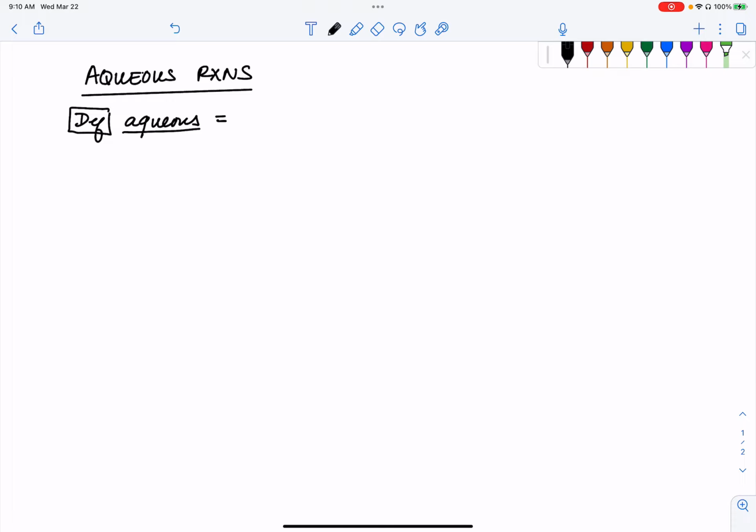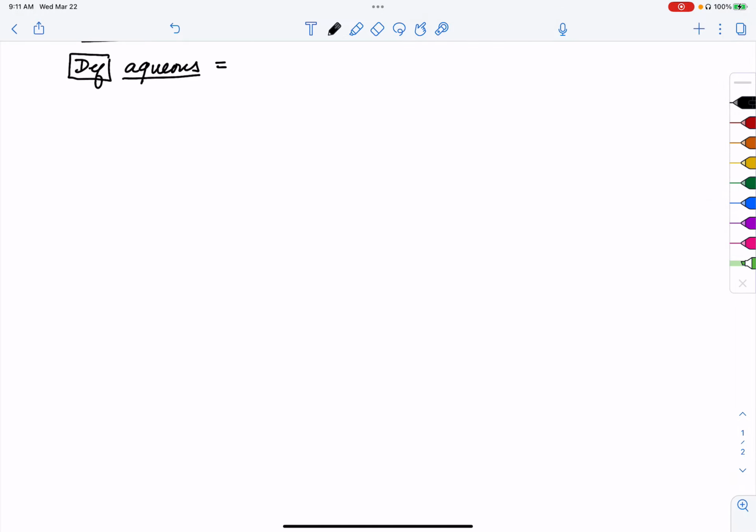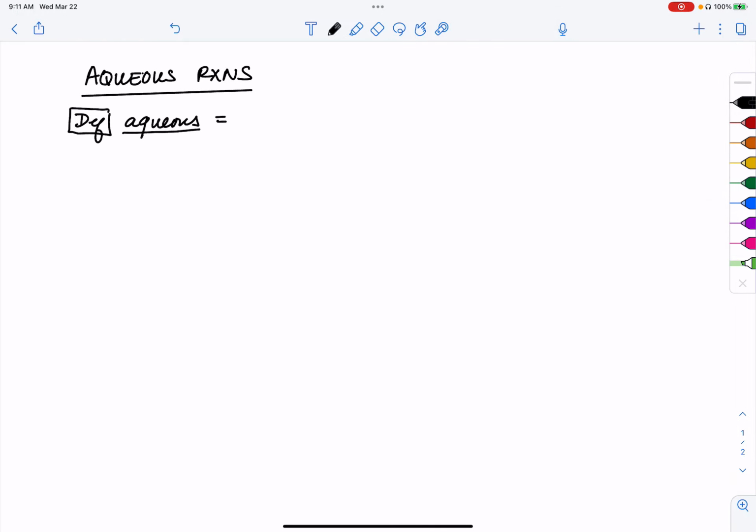Welcome to part one of our lecture series from Wednesday, March 22nd, where we begin to discuss this concept of an aqueous reaction. So in order to understand what's going on when I say aqueous reaction, we should probably start with a definition of what it means to be aqueous. And we have seen this definition before, earlier in the beginning of the year when we were discussing classifications of matter. So remember, aqueous is a term that describes something that is in solution,